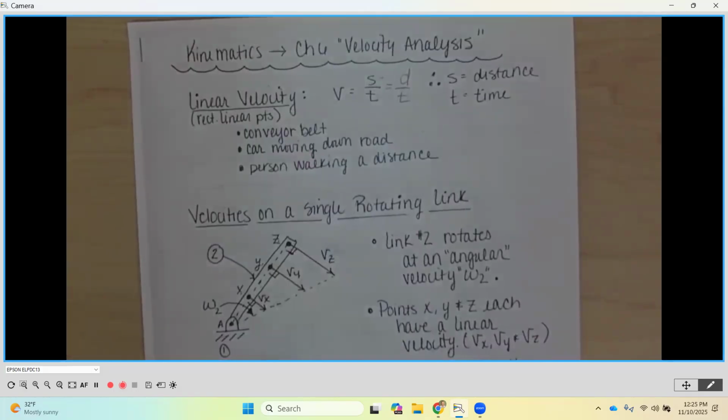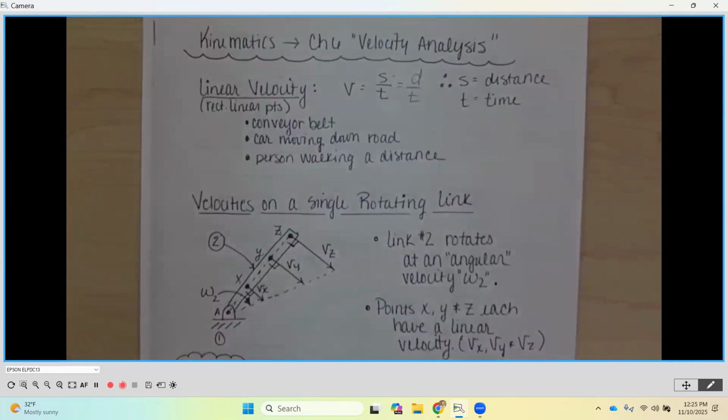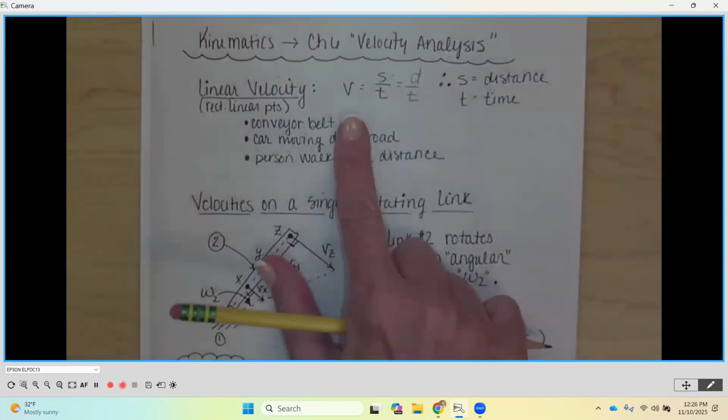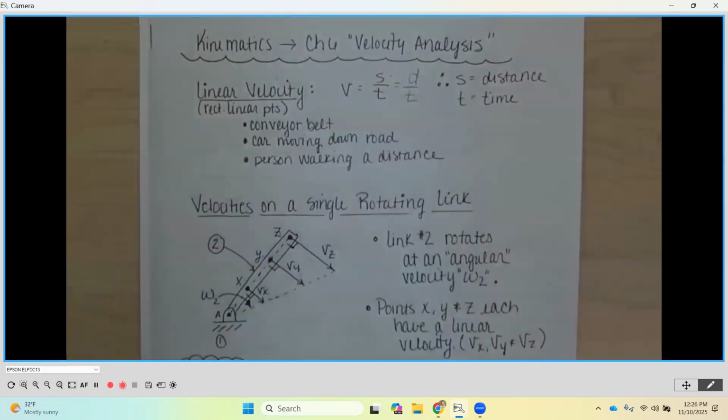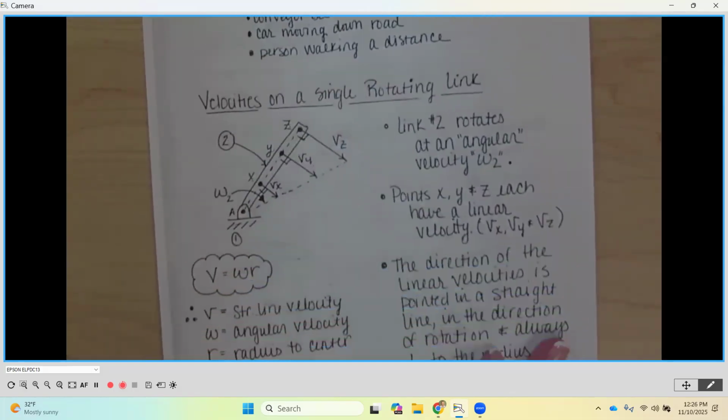A conveyor belt most often is going to have linear velocity. How fast and in what direction is a car moving? A person walking a distance has rectilinear or linear velocity. So lowercase v, and then it's going to be distance over time, whether it's S, D, R as one of those variables, divided by T. Okay. Now, as we look down here,